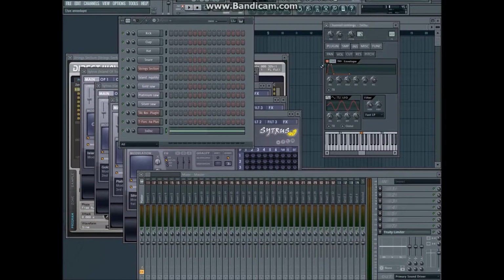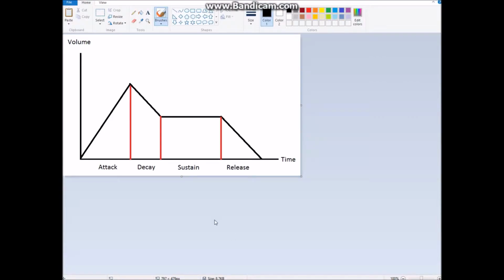So first of all, what is an ADSR envelope? Well, this is something we need to use in sound design. Depending on the kind of sound you're trying to create, you would need to be able to tell people what's the attack, what's the decay, just to kind of describe the sound without actually being able to make it with your own mouth. So the attack, first of all, refers to the amount of time it takes to get